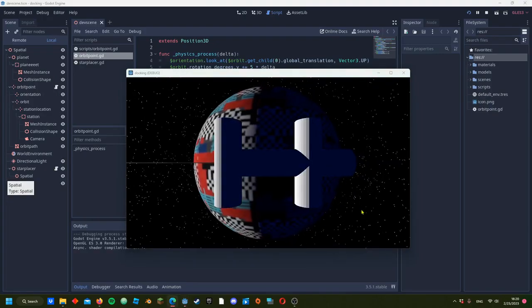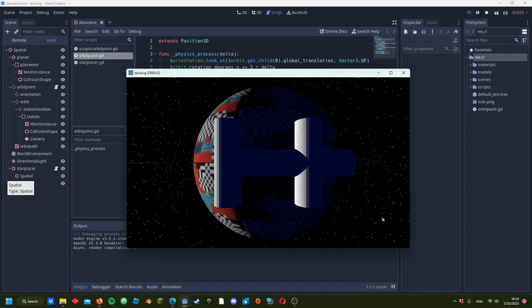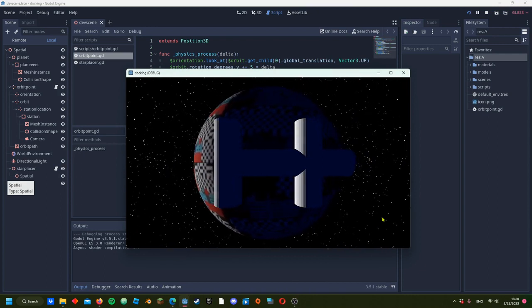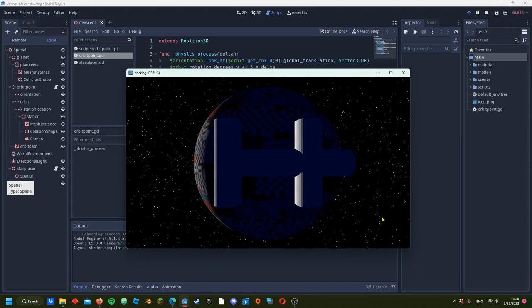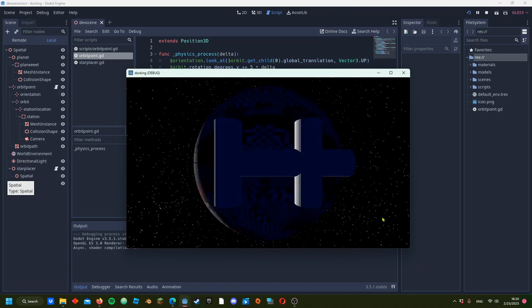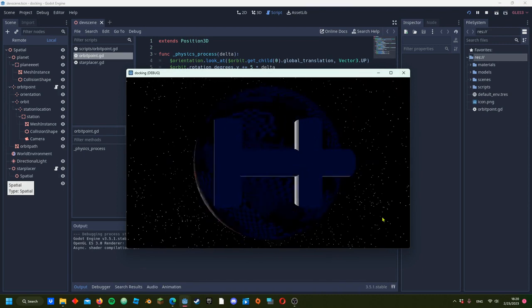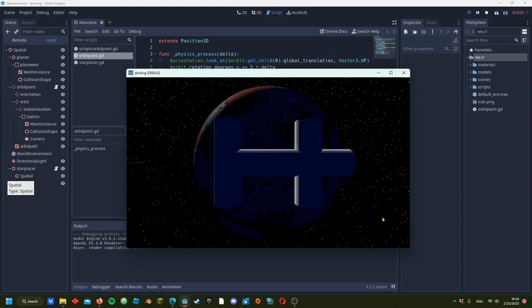Welcome back, my snow break is now over, and I've added a couple effects like lighting and some stars, so it's more clear how you're moving. And yeah,